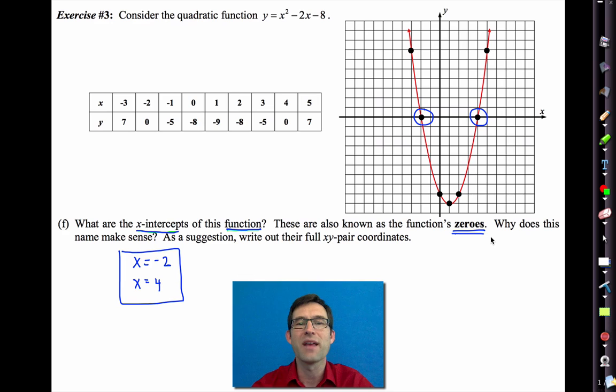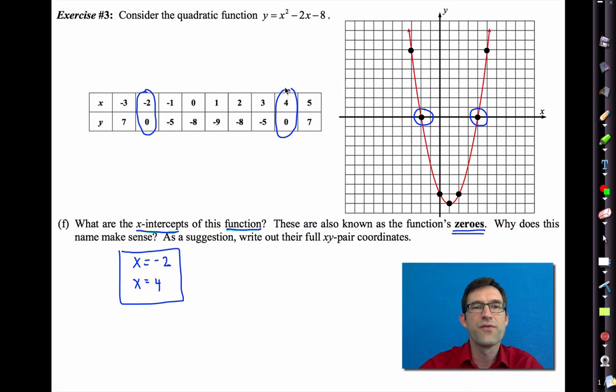Why does this name make sense? As a suggestion, write out their full xy pair coordinates. So I just want to step back for a moment, pause the video, and think about why it makes sense to call the x-intercepts, not the y-intercept, but the x-intercepts, the zeros of the function. All right, well, let's look up at the table. Here's x equals -2, and here's x equals 4, right? They correspond to the coordinates (-2, 0) and (4, 0),